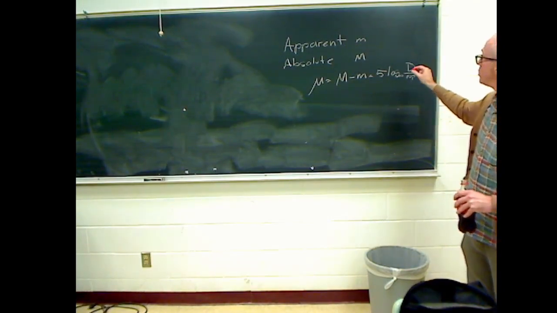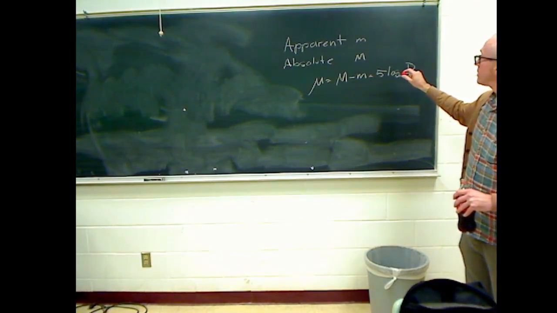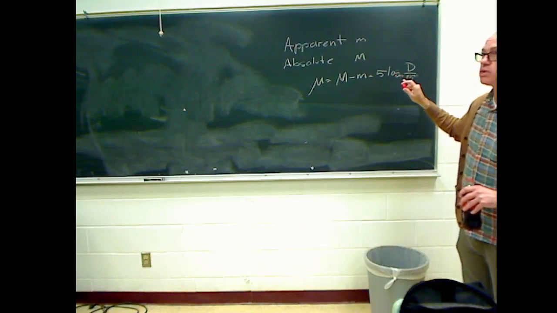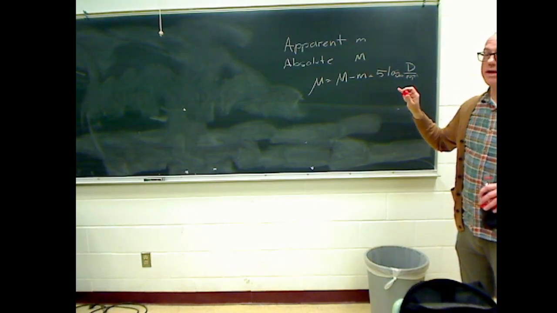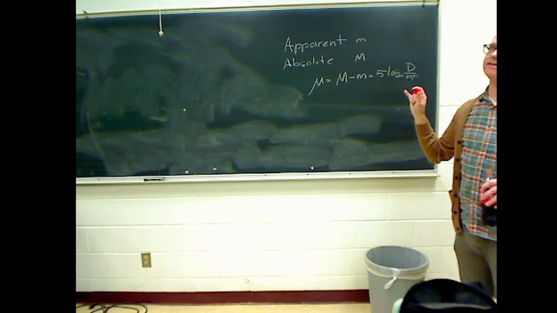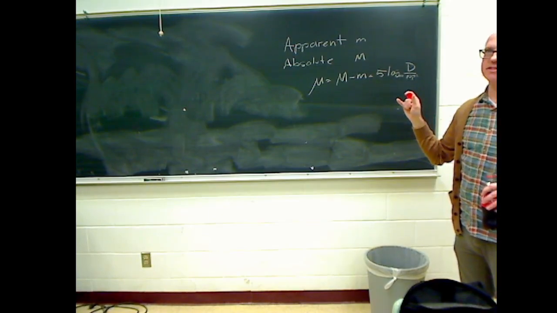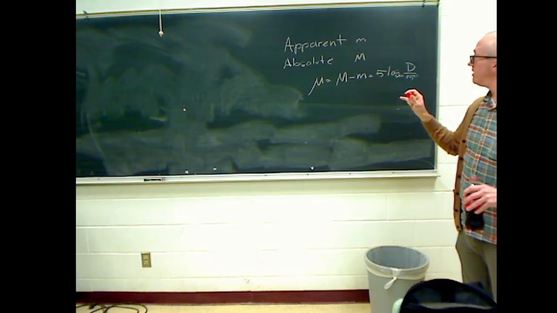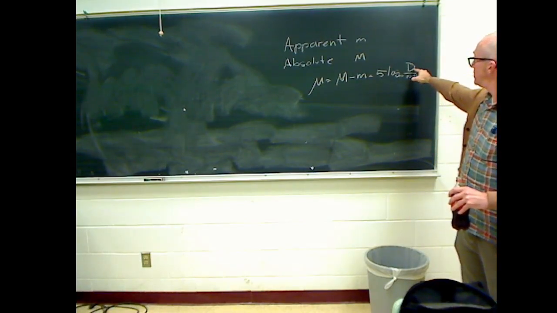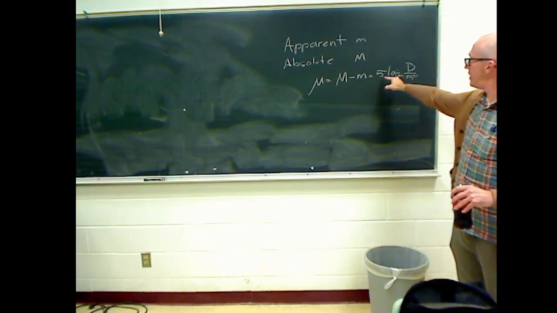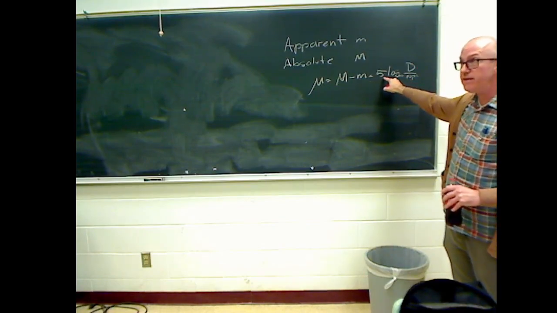So this is the way magnitudes and the inverse square law are related. Now, I don't see an inverse square in there. It's in there. Where's the inverse square? It's this d, but that's not inverse or square. Well, okay, I've got a 5 out here, and when I define a magnitude,